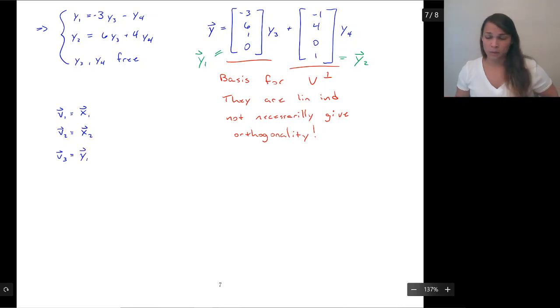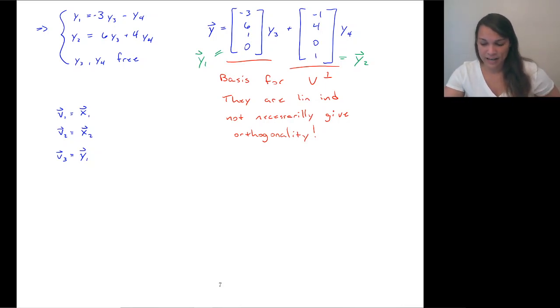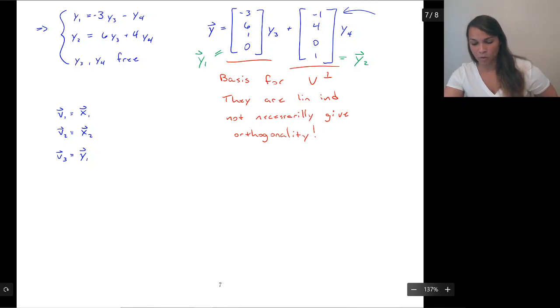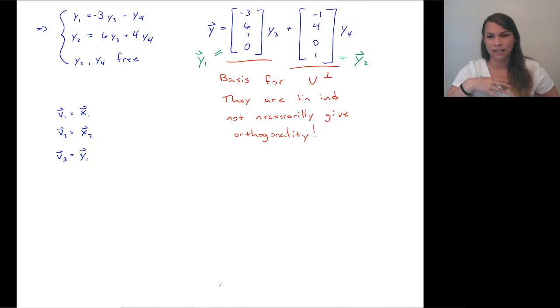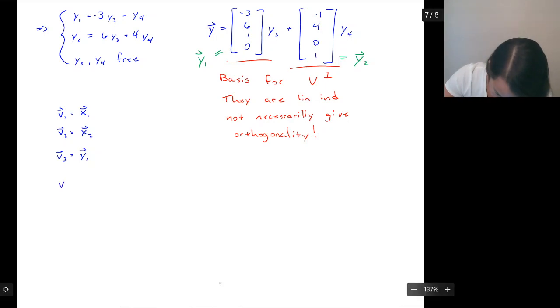There we go. So now we have 3 of our 4 basis vectors that we need. And then our very last one is linearly independent from y1, but not necessarily orthogonal, but that's not a problem because we have Gram-Schmidt. So really, we only need to use Gram-Schmidt here at the very, very end of the process. So V4 is going to be y2 minus the part that's parallel to y1. So that would be y2 dot v3 over v3 dot v3,